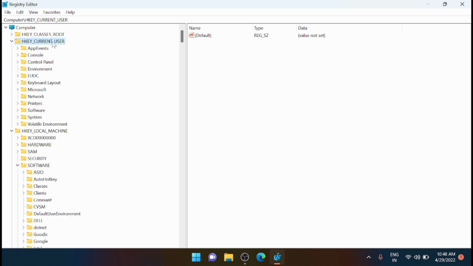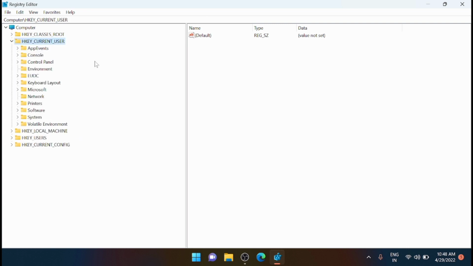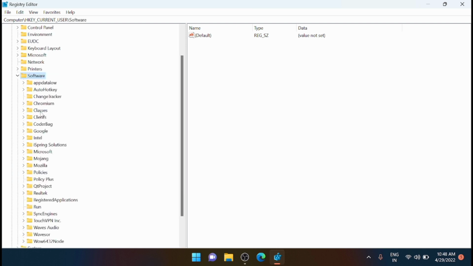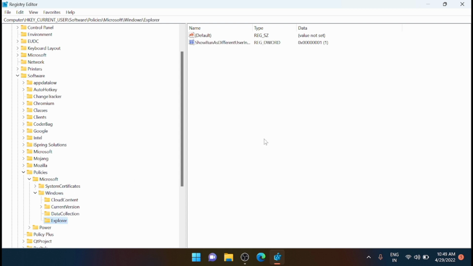Now you have to navigate to the following path, that is current user, and from there to the software and to the policies, Microsoft and Windows. Now go to the Explorer. Now go to the right panel, that is the empty area, and right click on there and click New and